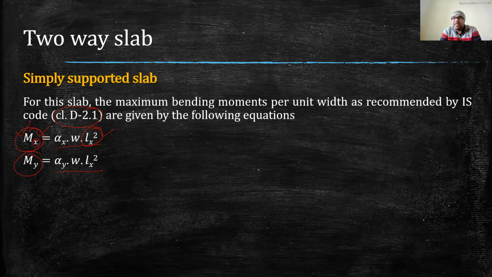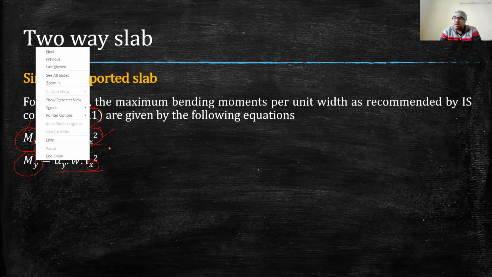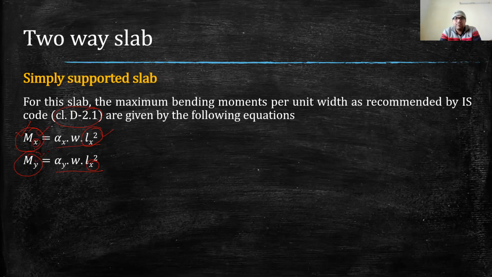By doing so, we will be designing our slab as an economical design. By chance, if we provide Ly here, then the bending moment along the y-axis may be higher, and the higher the bending moment, the higher the thickness of the slab required. So we intentionally put Lx in the formula. This is given in the IS code, but the intention behind putting Lx in both cases is that we want the maximum bending moment to occur along the shorter span. Shorter the span, lesser will be the width.